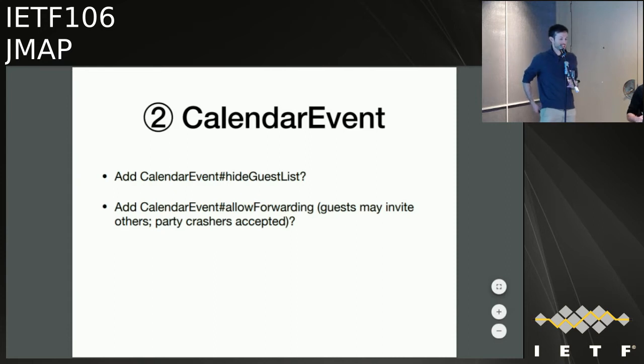Should we actually try to standardize this thing, given that I said it seems to be common in various proprietary systems? And then the similar one is some indication of whether the organizer is prepared for other people to turn up. You can't stop people actually forwarding information, obviously, but you can give an indication of whether that's likely to be approved of or not, and then clients might actually do something in the UI at least to show that.